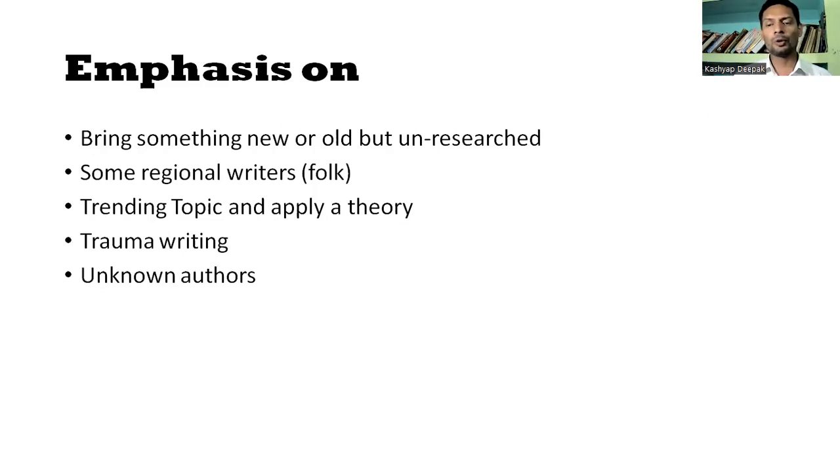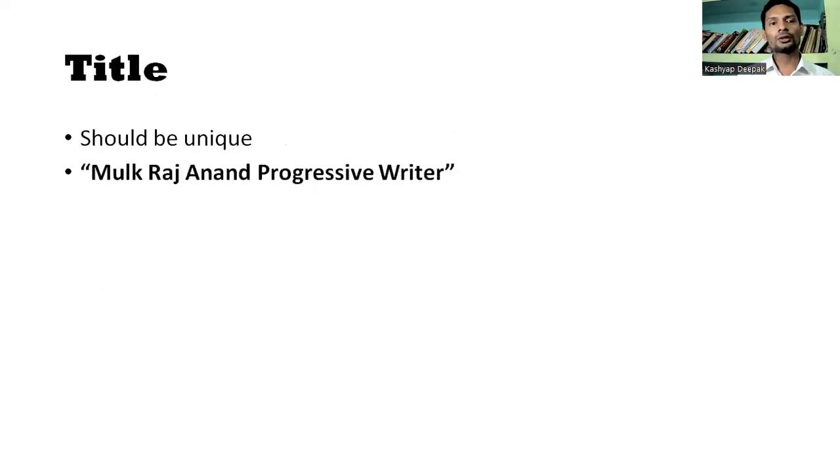Instead of choosing a popular writer, go and choose some unknown writer, so that you can give something new, and you will start a trend that others will follow. Now, out of it, how to write a proposal. The first thing in a title is that it should be unique, because whatever we start about a proposal begins with the title. It should be unique. And our uniqueness can start with Mulk Raj Anand as a progressive writer, because we should